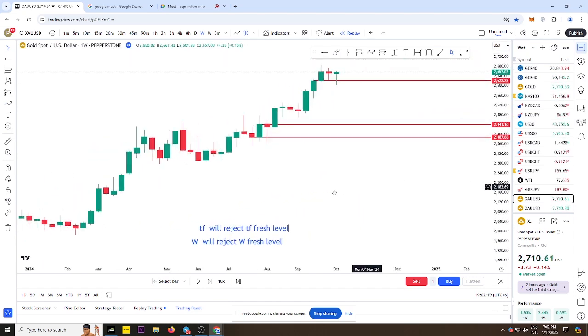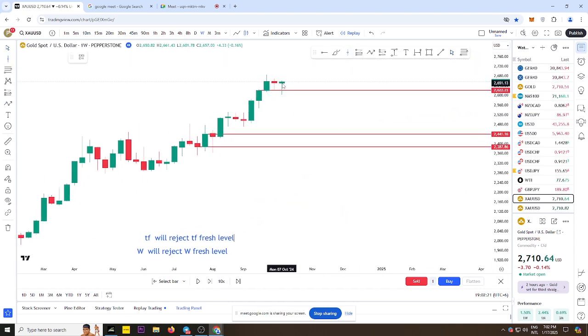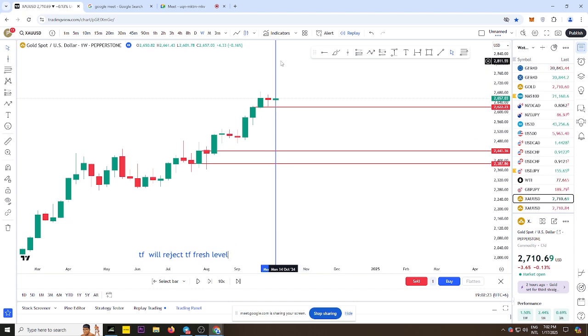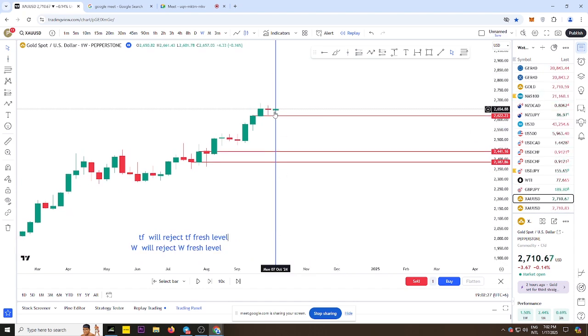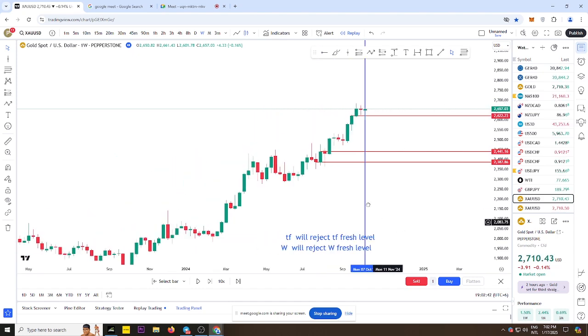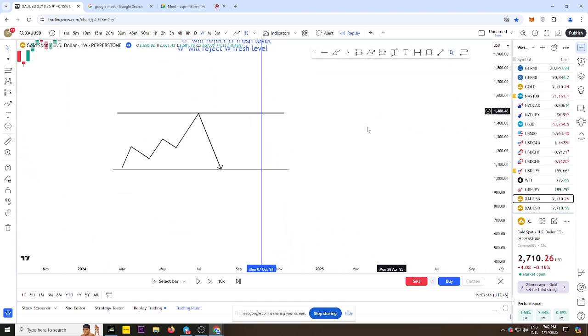Now what we are going to do is mark that rejection candle with a vertical line. You mark that candle on the weekly time frame, right? When you are marking that candle, the candle mark will automatically go to the Monday. You understand it? Okay. So once you mark your weekly candle, which you marked here,